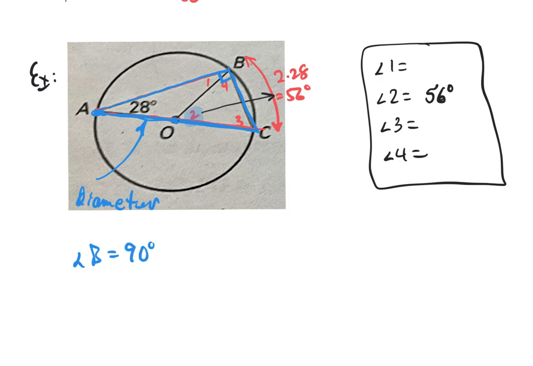Again, I know that's not one of the questions, but you can then see that angle B is made up of angle 1 and angle 4. So we know angle 1 plus angle 4 is equal to 90 degrees. So if we can find one of those, then we'll very quickly be able to find the other one as well. Okay, so how can we get to the other one? Well, since angle 2 is 56 degrees,